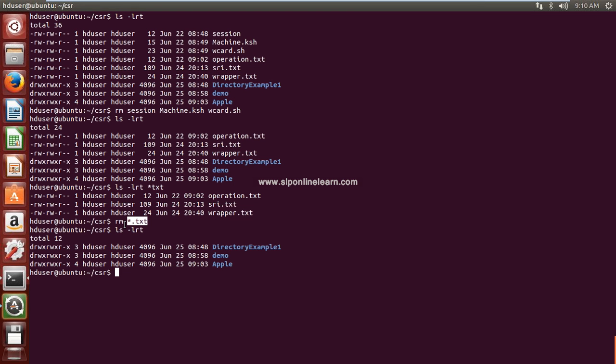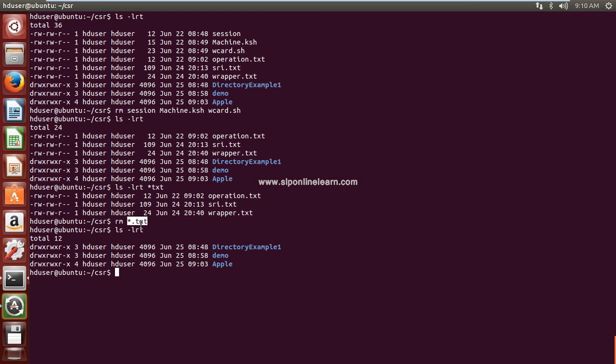So the rm command is used to remove files. Using this command you can remove one or more files at a time. So how to remove multiple files? Using wildcard characters or by giving multiple file names with a space separation.